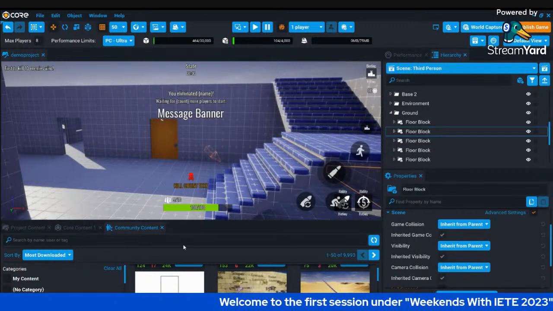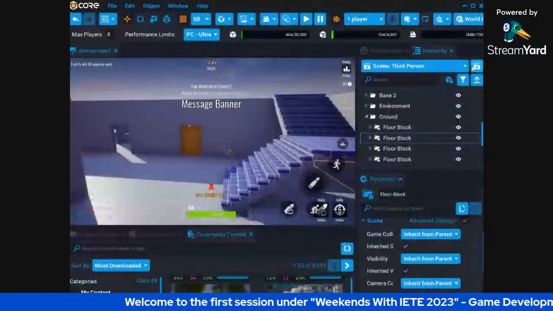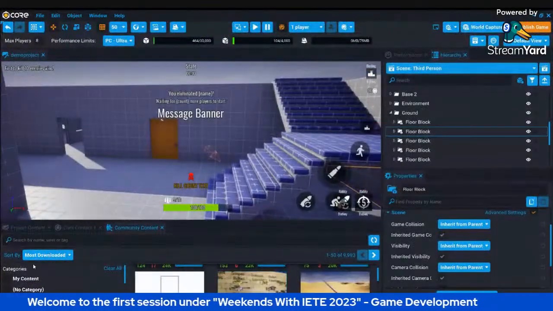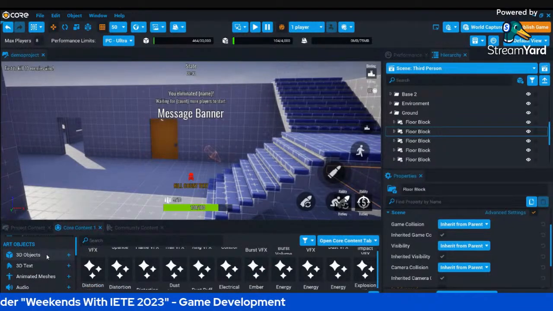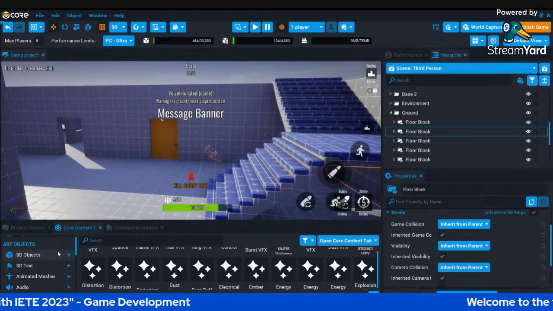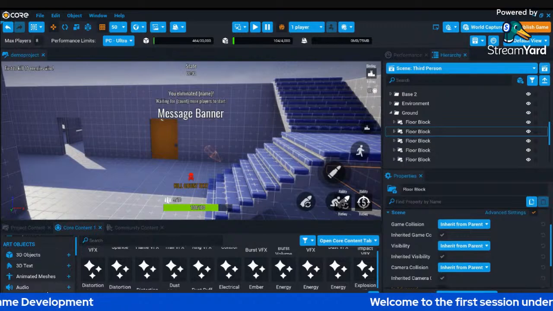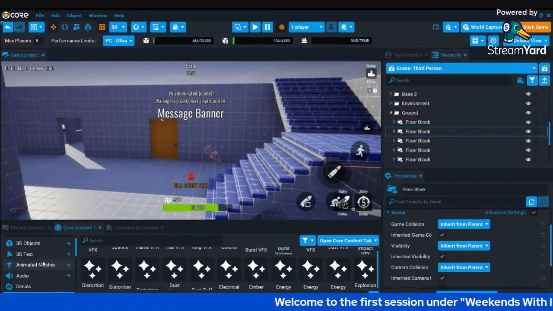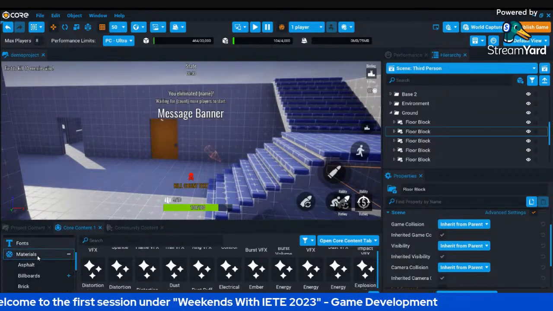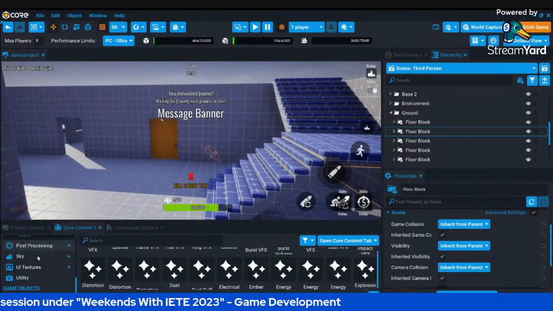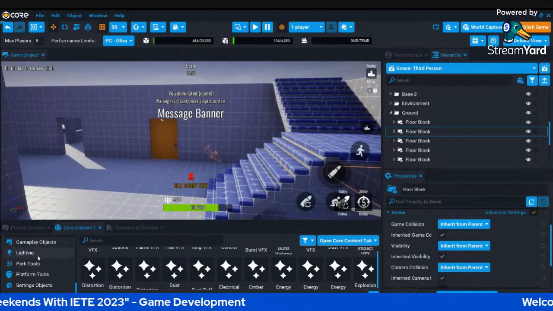Now let's go to the 3D assets. Can you see at the left bottom corner, there are various tools provided already.